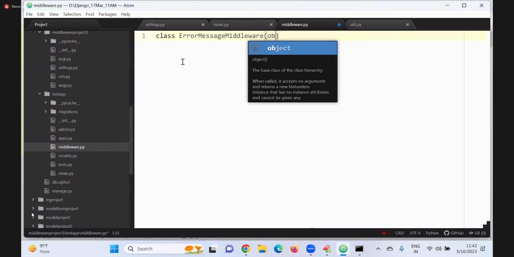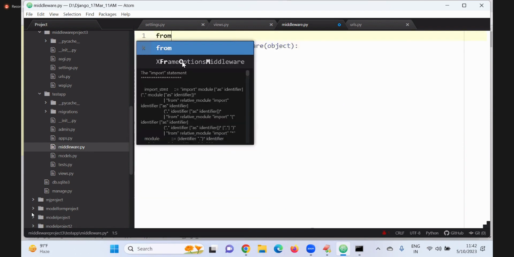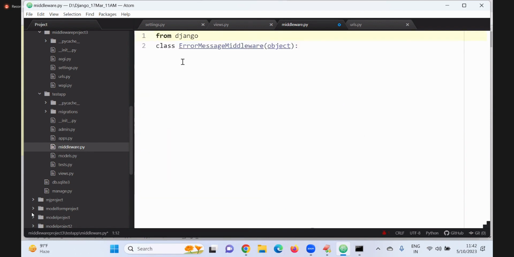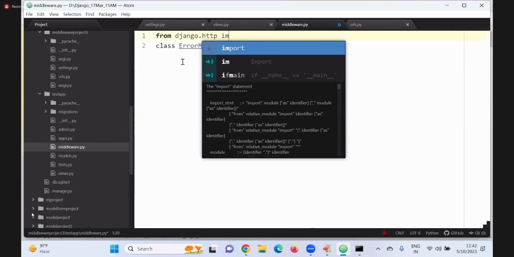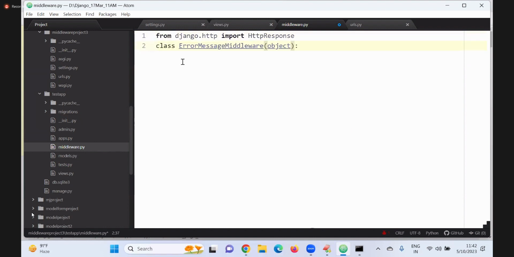Parent object always. Now, from Django HTTP import HttpResponse. Sir, what is the first method? Def underscore init, inside self, comma, a variable get underscore response.